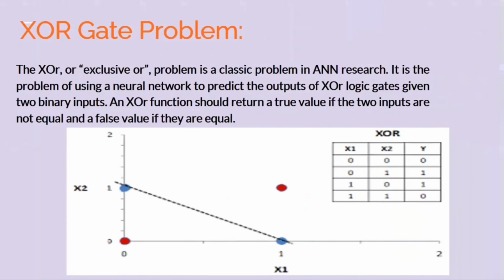XOR gate problem. This problem will help you understand why there is a need for an artificial neural network or backpropagation. You can analyze from the output of the XOR gate that there can be two classes, one class for zeros and one class for ones. When we plot a graph for the XOR gate, we get 4 points, 2 points for zeros and 2 points for ones. Here we can see that if we use a single neuron, we cannot distinguish between these two classes, because a single neuron always uses one cut to distinguish the classes, but here we need a transform technique to classify these two classes. This enabled scientists to think of an alternate solution for such problems.